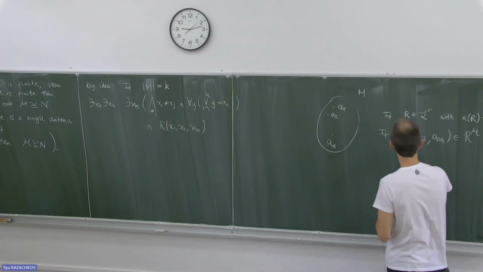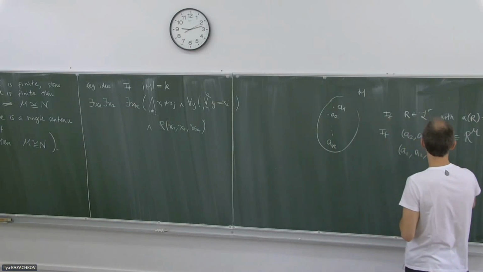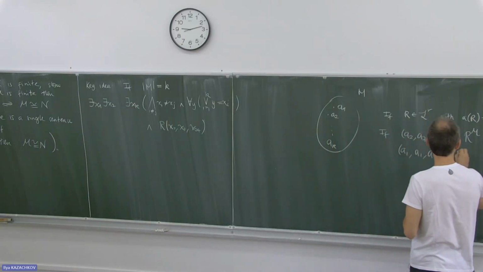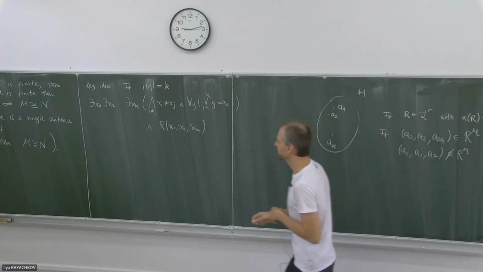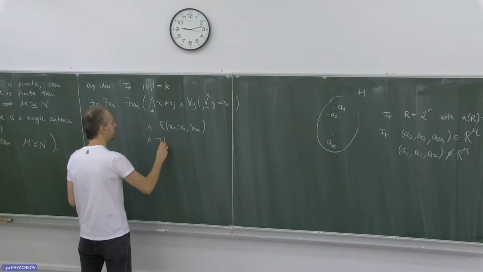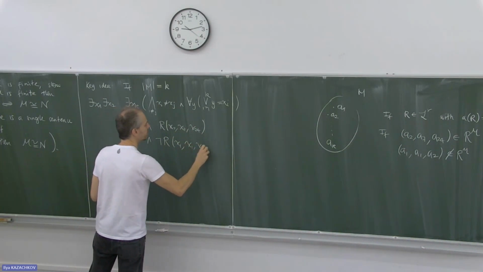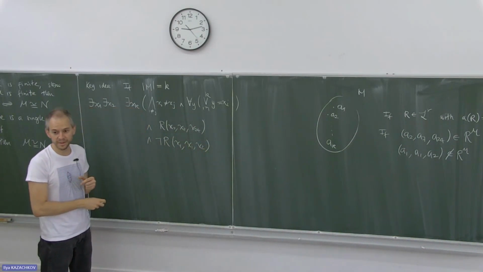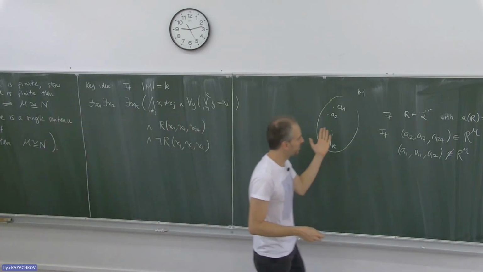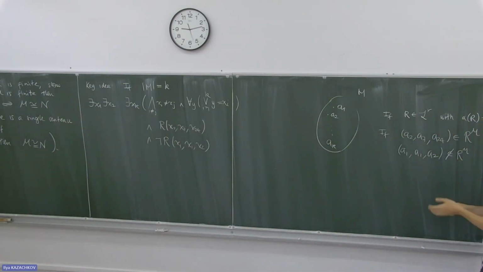If, for example, A1, A1, A2 is not in the relation, then I would like to put here the negation of this fact. And since there are going to be finitely many possibilities of this,